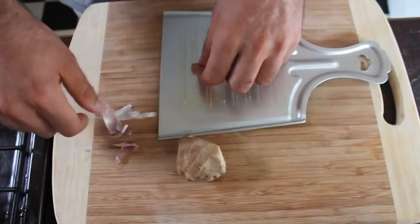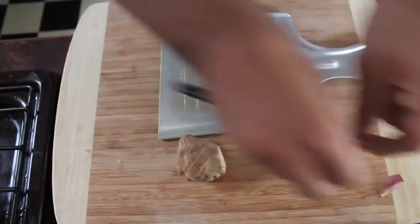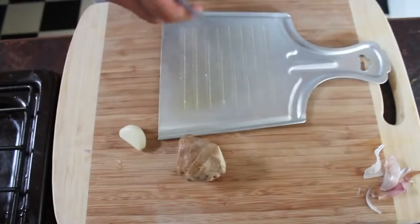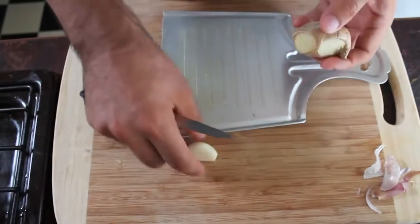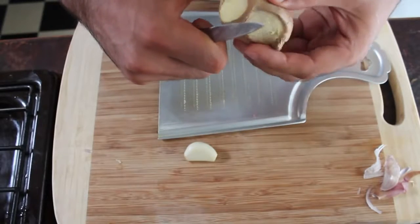This is particularly good for people that suffer from cold disorders. So this is a very warming recipe, and it's good if you have a cold or inflammation in the body. We're only going to be using a very small amount of garlic and ginger. We're not going to be making a very strong